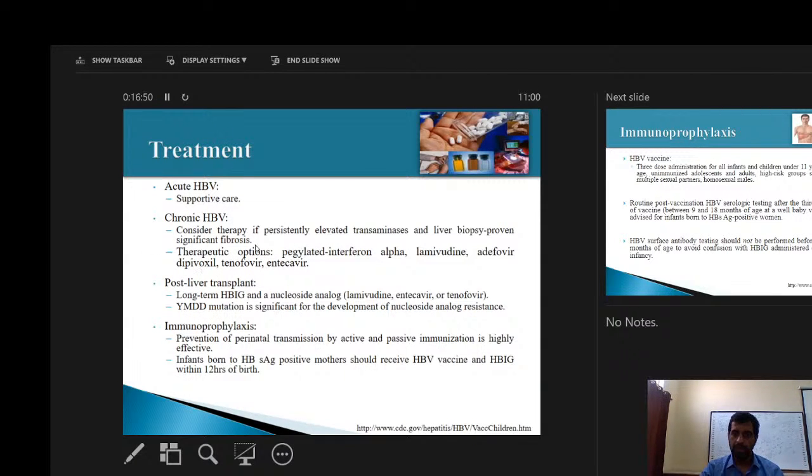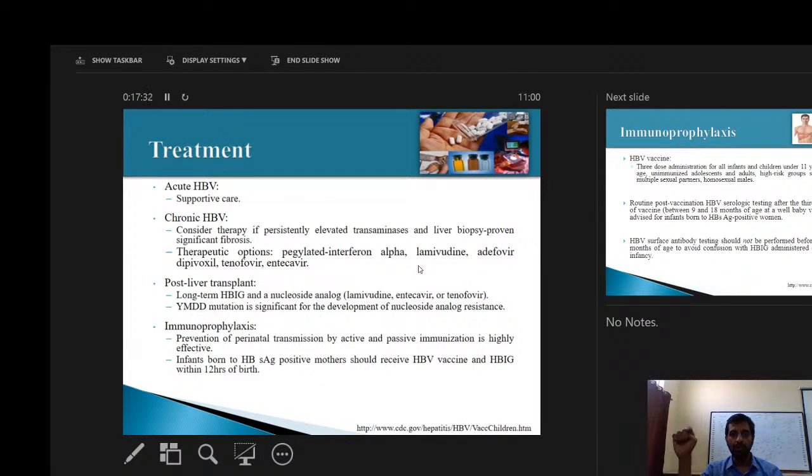So chronic hepatitis B, like we said, when to treat we have already seen. What to treat with? One is pegylated interferon alpha, and the others are nucleoside analogs. These drugs are lamivudine, adefovir, tenofovir, and entecavir. So these are all nucleosides, but pegylated interferon alpha is a biological. So what does pegylated interferon alpha do? It actually boosts your innate immunity to attack the virus. Rather than decreasing the viral load directly, this increases your immunity to fight against the virus, and decreases your viral load